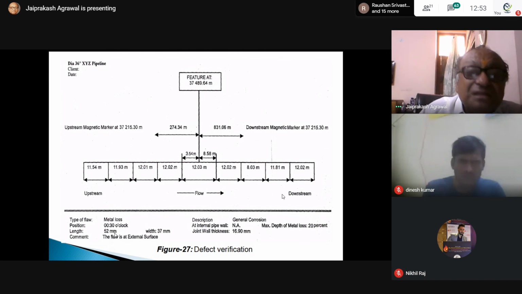What is the length? It is up to 52 mm. And external, internal, they are giving length, width, and the maximum depth of metal loss is 20%. That also they are giving, and the joint wall thickness is 16.90 mm. So this is the original that they are giving.